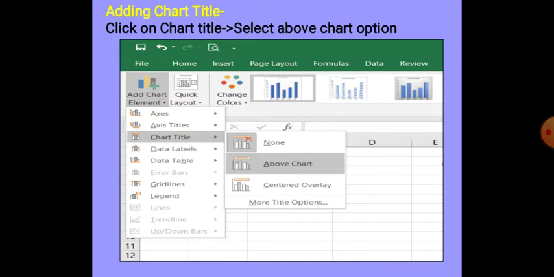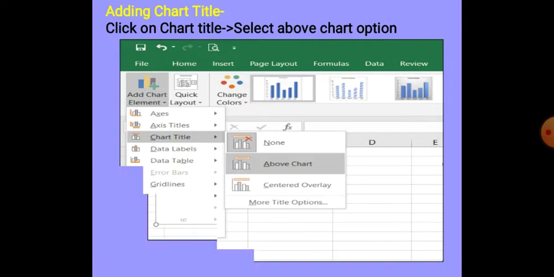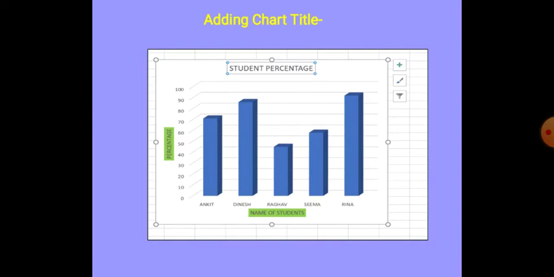In that there are subcategories: none, above chart and centered overlay. If you want the chart title to be placed just above the chart, we will click on the above chart option and we will see the chart title coming just above the chart. Now see, student percentage is our chart title.